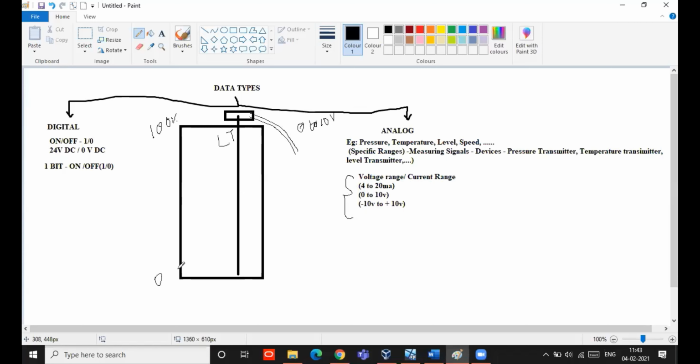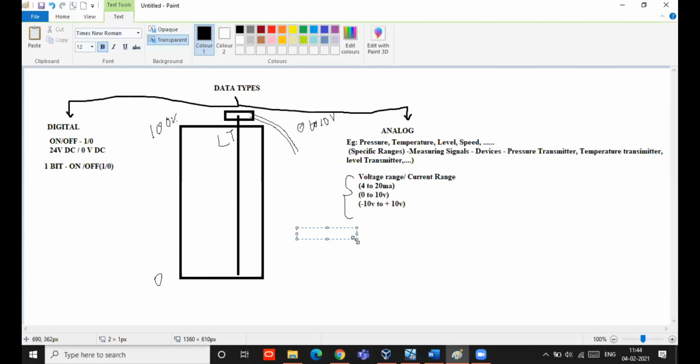If tank level is 0%, what will be the output of the level transmitter? It will be 0 volt. If tank level is 50%, the output will be 5 volt.